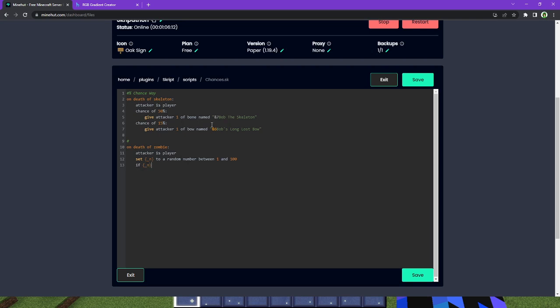If underscore n is between 1 and 80, this will be like 80%. It's kind of confusing. Then we're going to give attacker, not player, 1 of rotten flesh named, we'll call this tasty